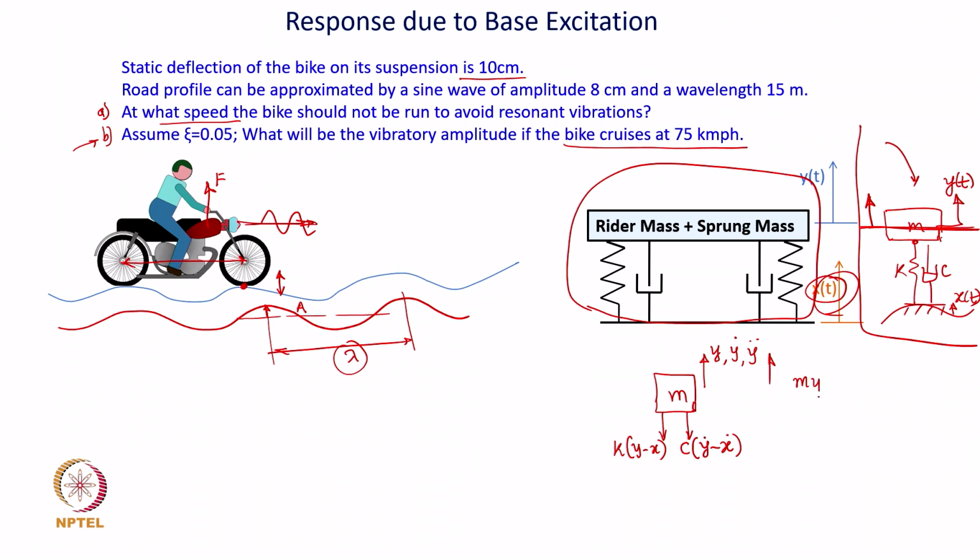So, m y double dot is equal to the summation of all the forces, and that would be minus, because this force is opposite to the direction of the assumed acceleration, minus k into (y minus x), minus c into (y dot minus x dot). And so, if I reorganize this equation,